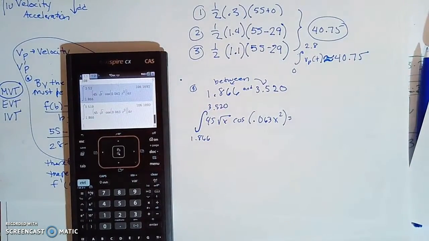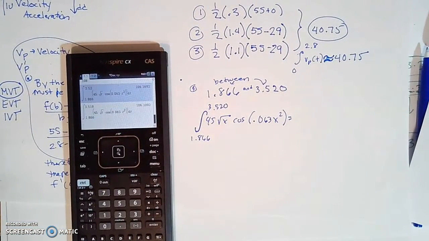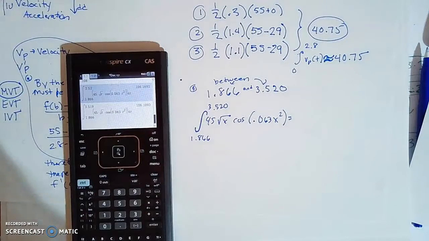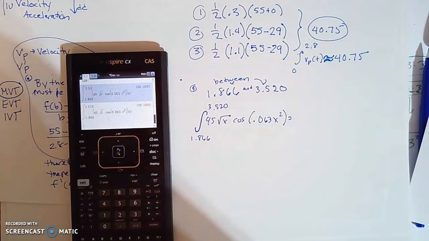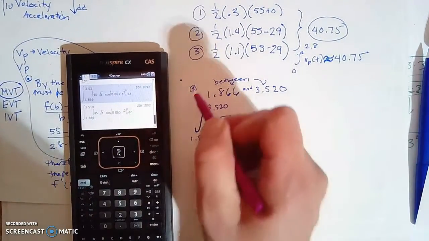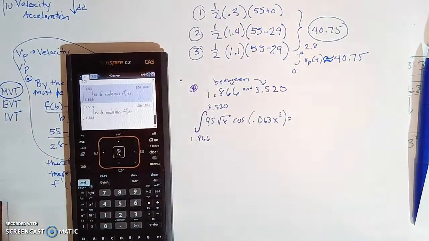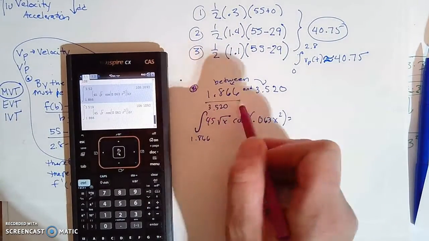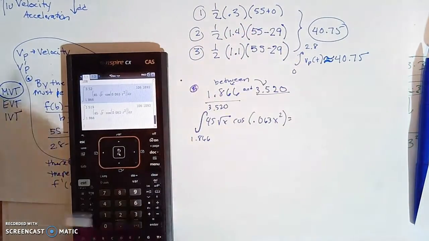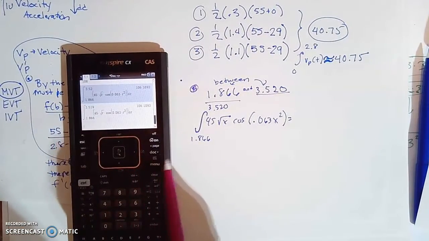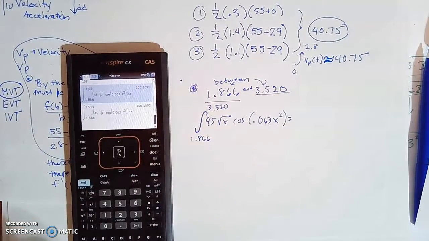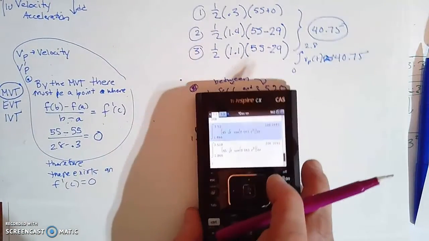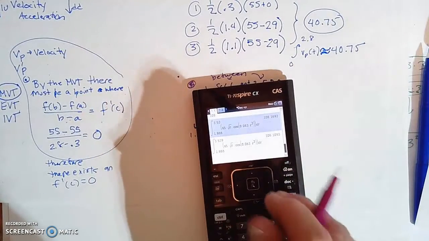Okay, so let's take a look at part 3 of this, part 4 of this problem. Part C. This is still C here. So I found that if I wanted to find the distance between 1.866 and 3.520, I'm going to integrate the function that I had between there. And I actually did that in the calculator. And I got